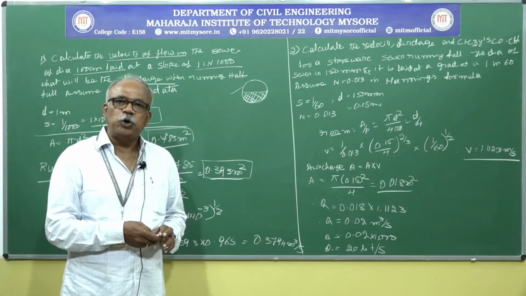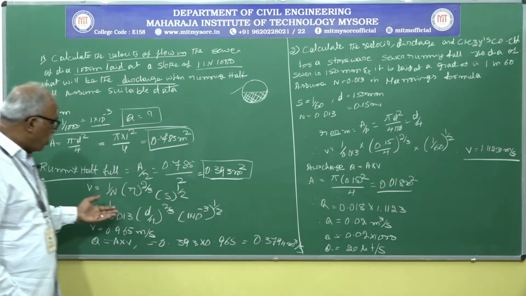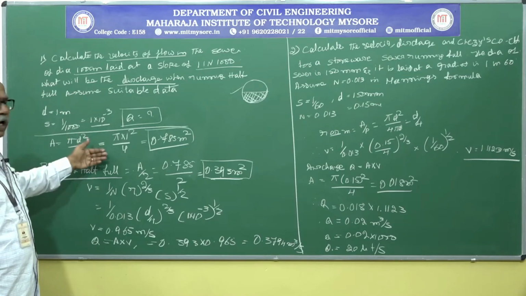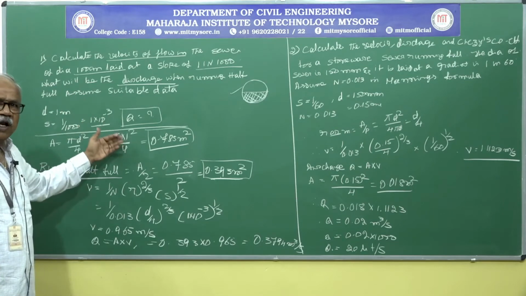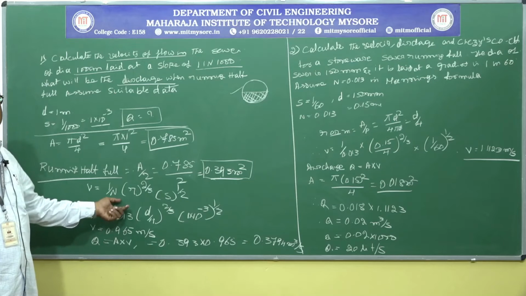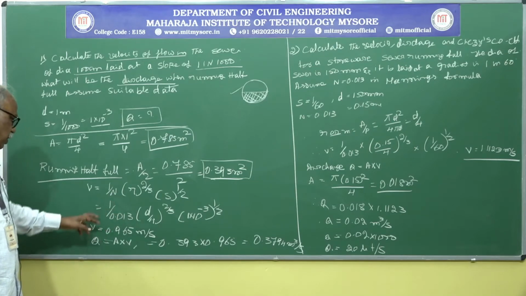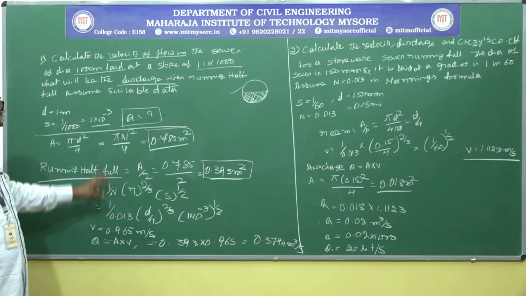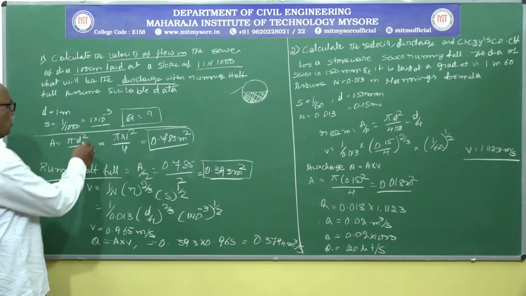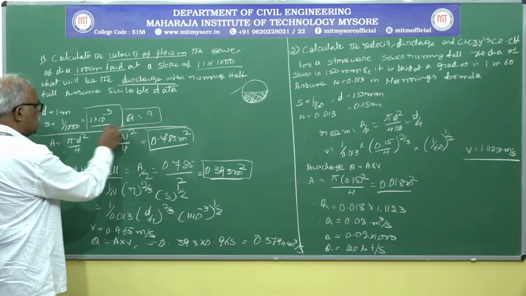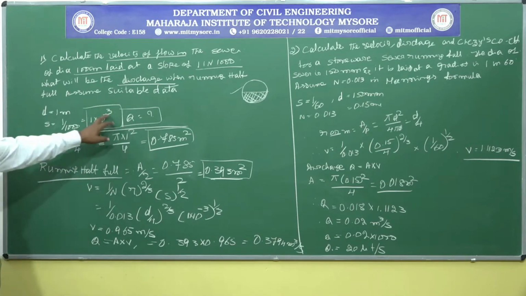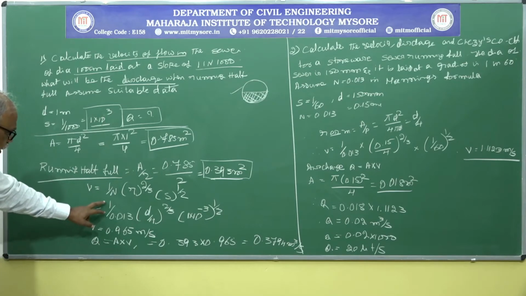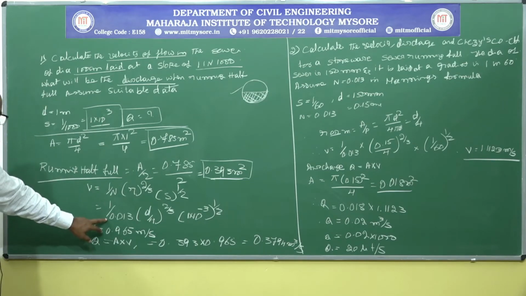So we know all the data according to the given and according to the calculation. So these values can be substituted in this Manning's equation. So 1 by n, n is equal to, slope is already given in the problem. So that is 1 into 10 to the power of minus 3. Sorry, not minus. So I am taking as usual 1 by 0.